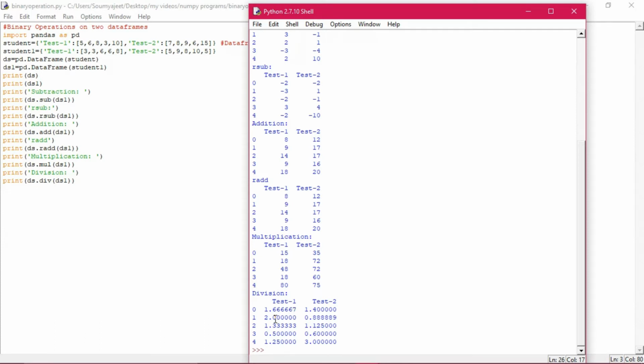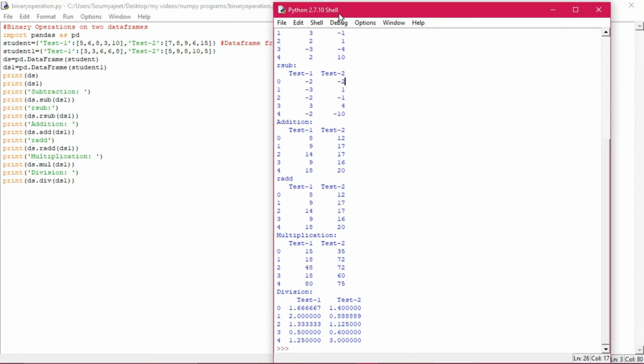And 6 divided by 3 is 2, and in that way the division has taken place. And you can see here 5 times 3 is 15, 6 times 3 is 18, in this way. Okay, so the output has been generated. The only thing is that you have to understand the subtraction, that it is from the right hand side: 3 minus 5, 3 minus 6, 6 minus 8, 6 minus 3, 8 minus 10, and the same thing has happened here. This is the binary operation on two data frames.